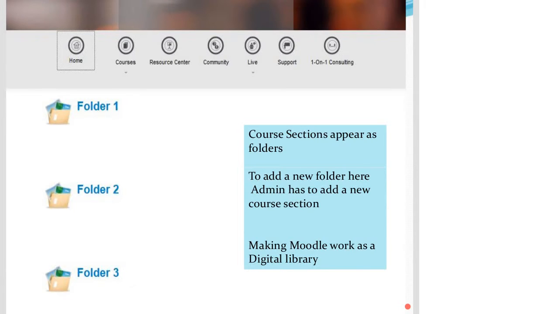Okay, are you seeing the screenshot with folder 1, folder 2? That was my 16th slide. Okay, so yeah, as I said,